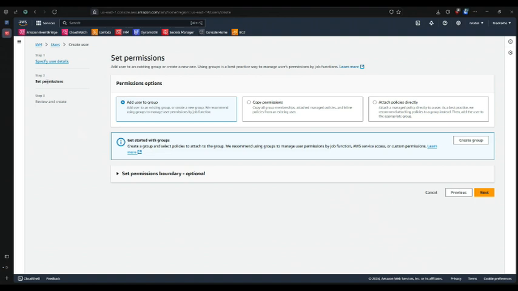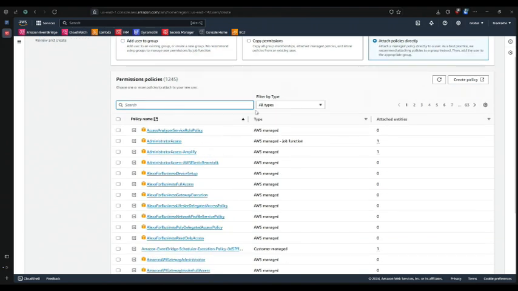Now the next portion is to set the permissions. So this is one of the benefits of using a cloud provider like AWS in an enterprise setting, right? Because you can be very, very specific about what permissions are allowed for what user and for what roles. In our case, we don't have a group created at the moment, so we're going to attach policies directly. And what we really need is